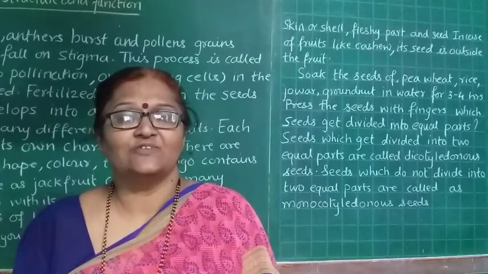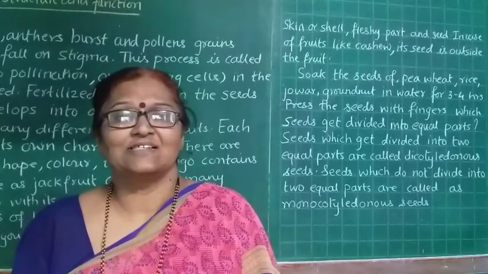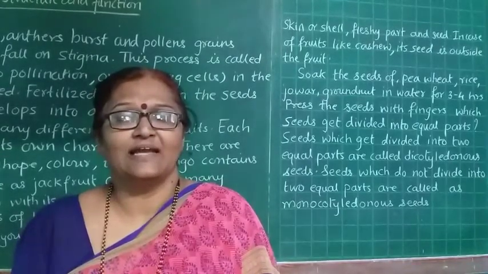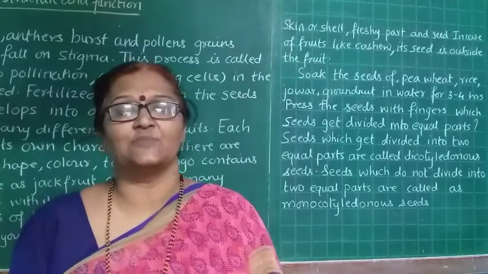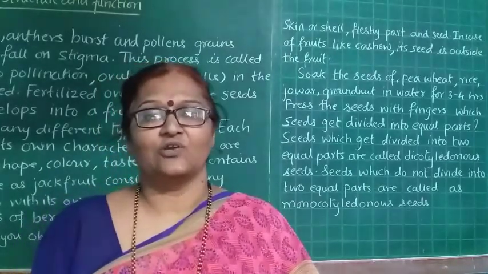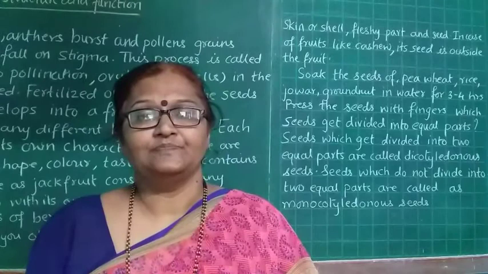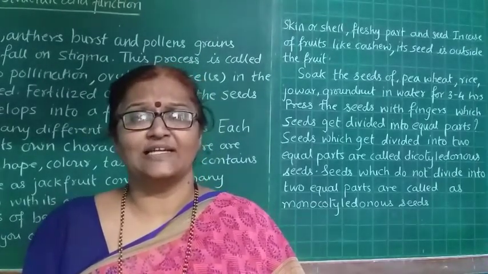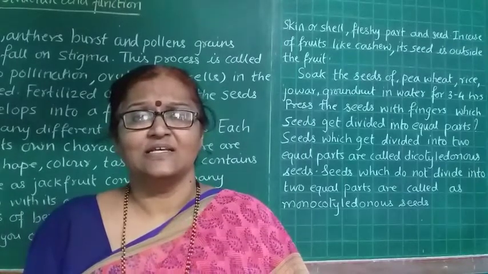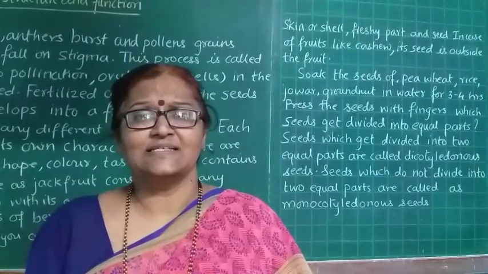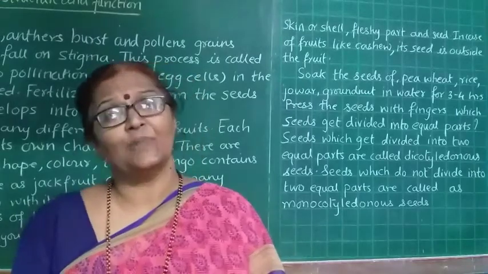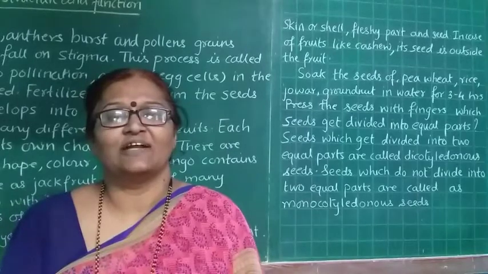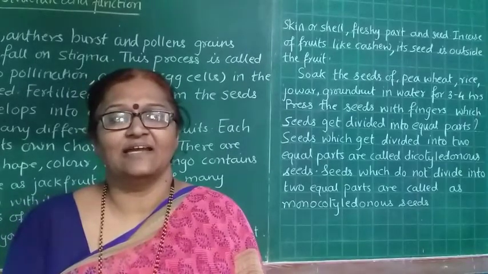Then we have also seen the fruit. In the fruit we have seen the various seeds, how the fruit has a fleshy or colorful shape, size and structure, and smell. Then we have seen about the seeds also. Seeds are monocotyledonous or dicotyledonous. Dicotyledonous means the seed gets divided into two parts, and monocotyledonous means the seed is not divided into parts. This is the end of your chapter.